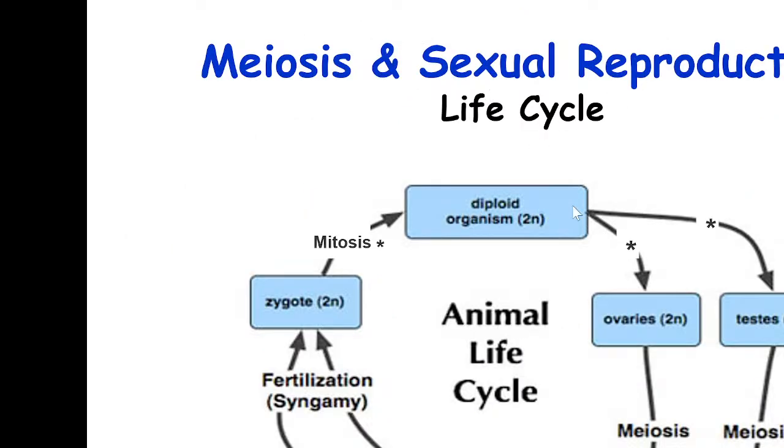So, meiosis and sexual reproduction in a diploid organism. Ovaries and testis, as I said earlier, are the two locations in humans where meiosis takes place. In females, it is the ovaries, whereas in males, it is the testis. Ovaries undergo meiosis and produce gametes called eggs, which are haploid. Testis also undergo meiosis and produce gametes called sperms. These gametes, eggs and sperms, fuse in fertilization and form a zygote, and this zygote undergoes mitosis to produce a diploid organism. In this way, meiosis helps in the production of sexual gametes, and these gametes fuse and form a zygote and produce